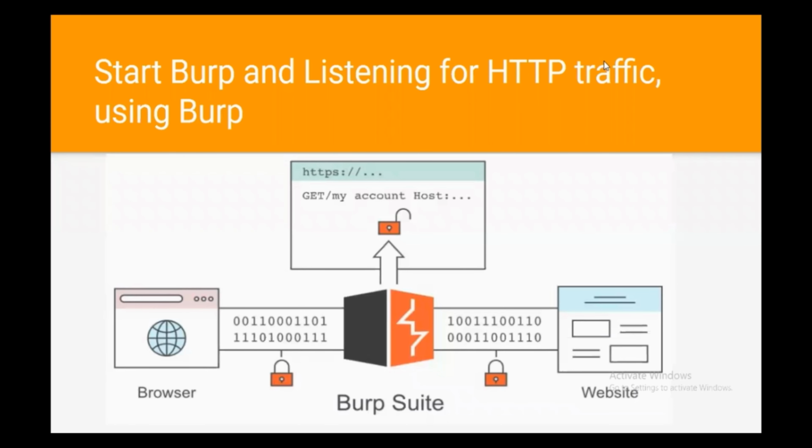So, pen testers use an intercepting proxy to capture the traffic flowing between the browser and the website, meaning the web browser or web application, for the purpose of analysis and manipulation. For example, a tester can pause any HTTP request and change or tamper with the parameter before sending the request to the web server. An intercepting proxy such as Burp allows a tester to intercept both the HTTP request and the HTTP response. This allows a tester to observe the behavior of the web application.